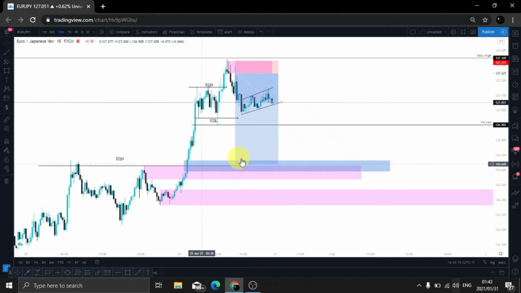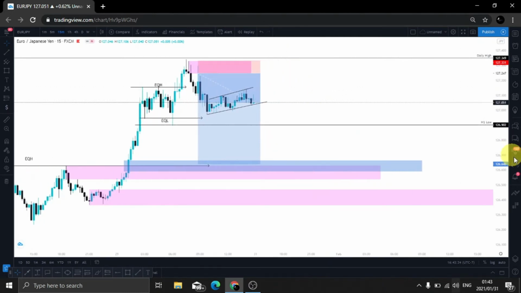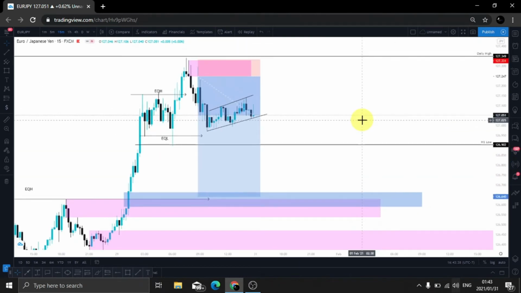It's retesting this area, and this area now becomes our support. Then we can take our buy trade, and we're taking the trade upwards. So okay, guys, let's focus on the real deal, on why I say I take higher time frames